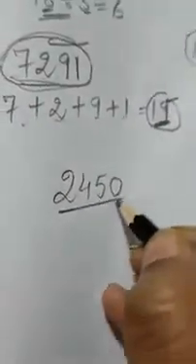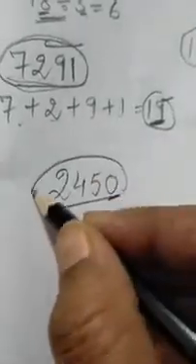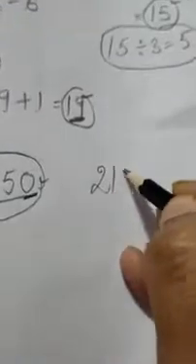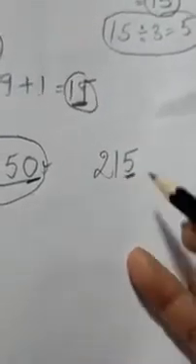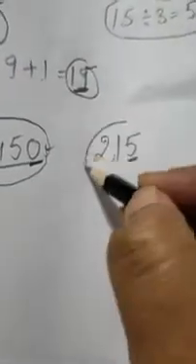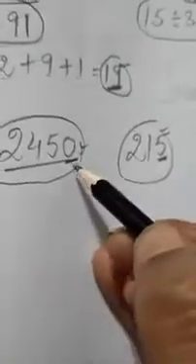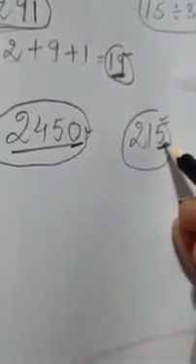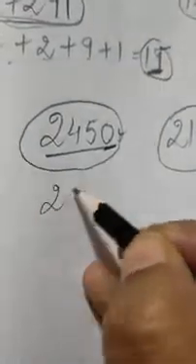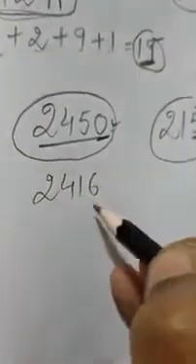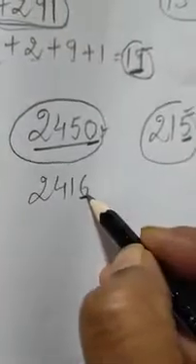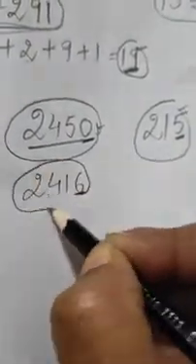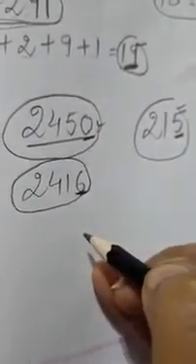this number is ending with 0, so we can say this number is divisible by 5. If this type of number is there, yes, this number is ending with 5, so this is also divisible by 5. The numbers ending with 0 and 5 are divisible by 5. If a number is like this, it is not ending with 0 or 5. Here is not the 0, here is not the 5. So we will say that this number is not divisible by 5.